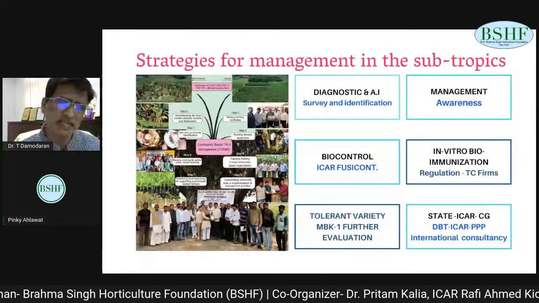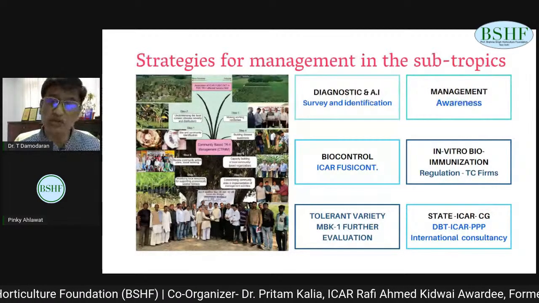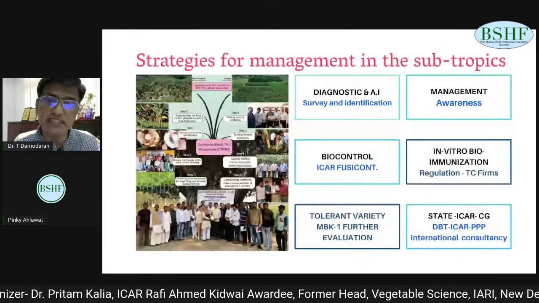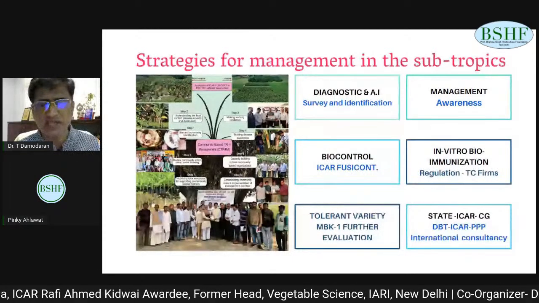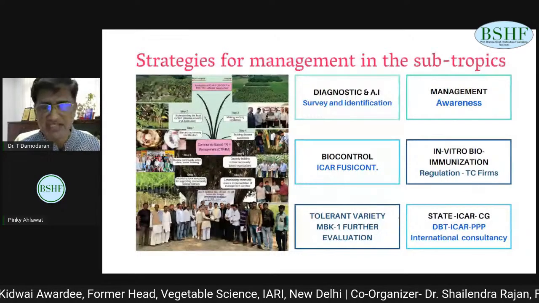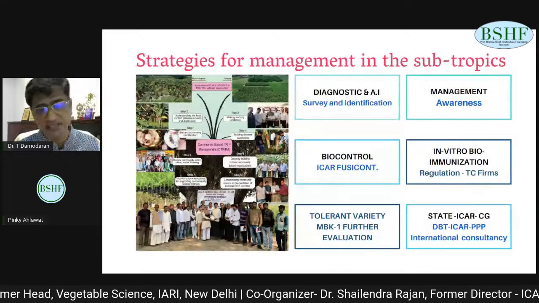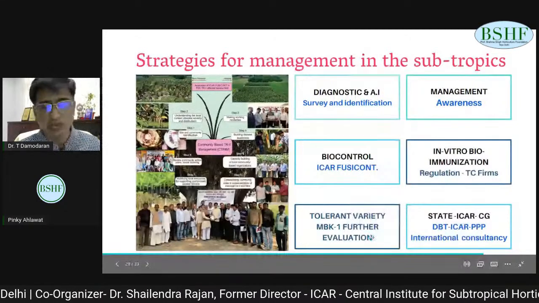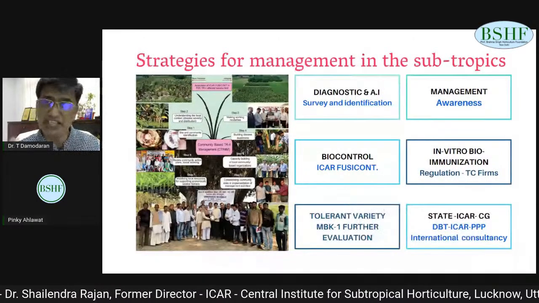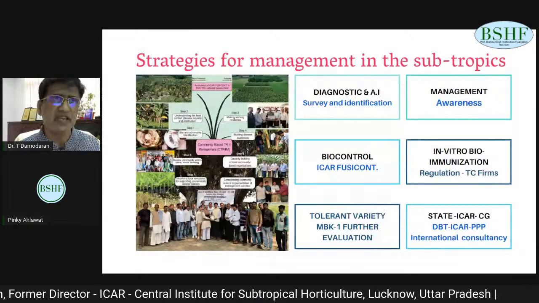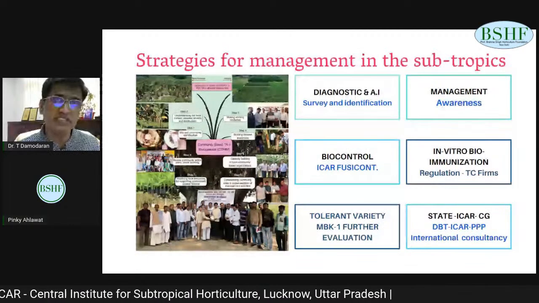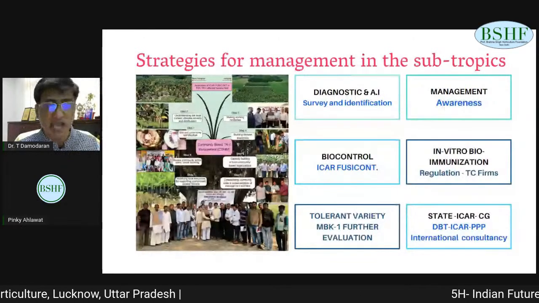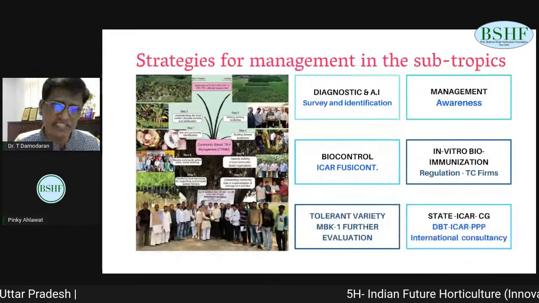They have to necessarily take the in vitro bioimmunization, adopt the technology till another alternative is available for them. It is one of the methods to have prophylactic planting, that is healthy plant material cultivation, and this has to be done. And tolerant varieties research has to be still more rigorous, to come up with a very good tolerant variety. And varietal change, because of the mono variety, that is G9. Very good work, replacement of G9 in Theni district has been going on with red banana. People from our colleagues have done it, and it is a very important thing that will change the